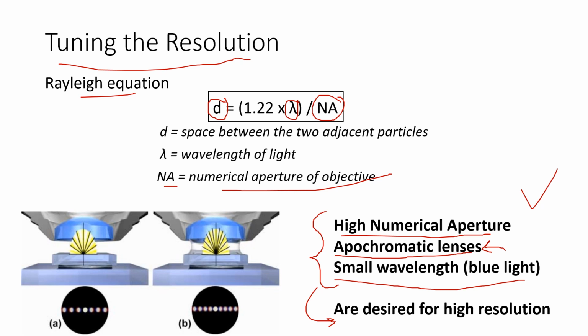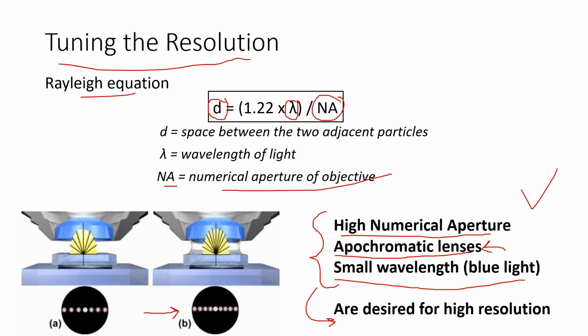In the bottom left you can see an image showing that the resolution can be enhanced if you use an oil immersion between the objective and the sample. When you use a dry objective, the amount of diffracted light entering the fan reduces. But when you use an oil immersion, which has a higher refractive index, more of the diffracted light enters into the objective, and it is able to produce a greater